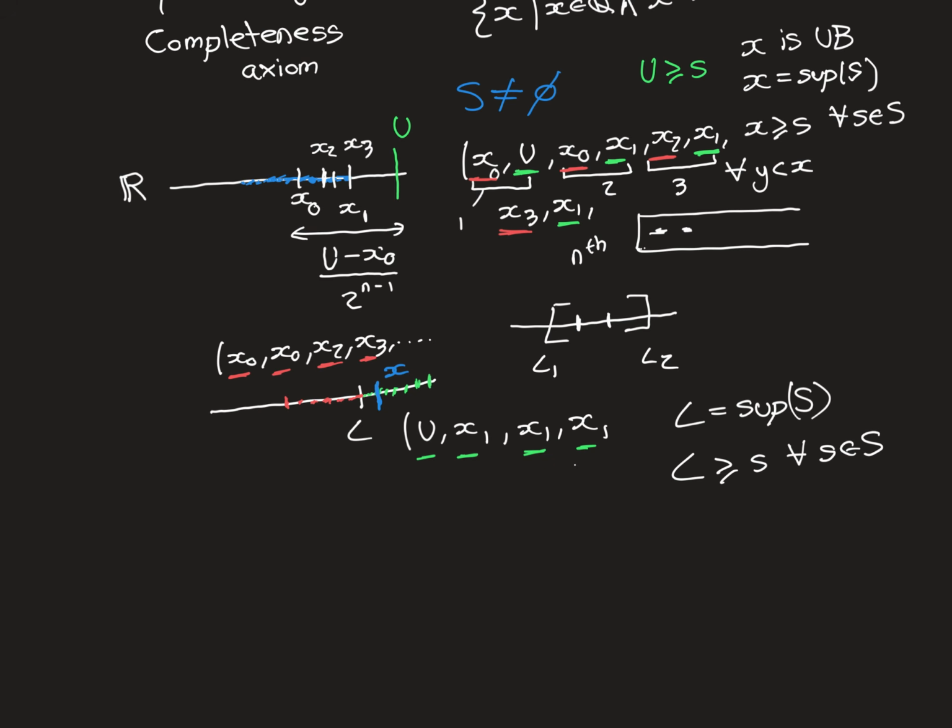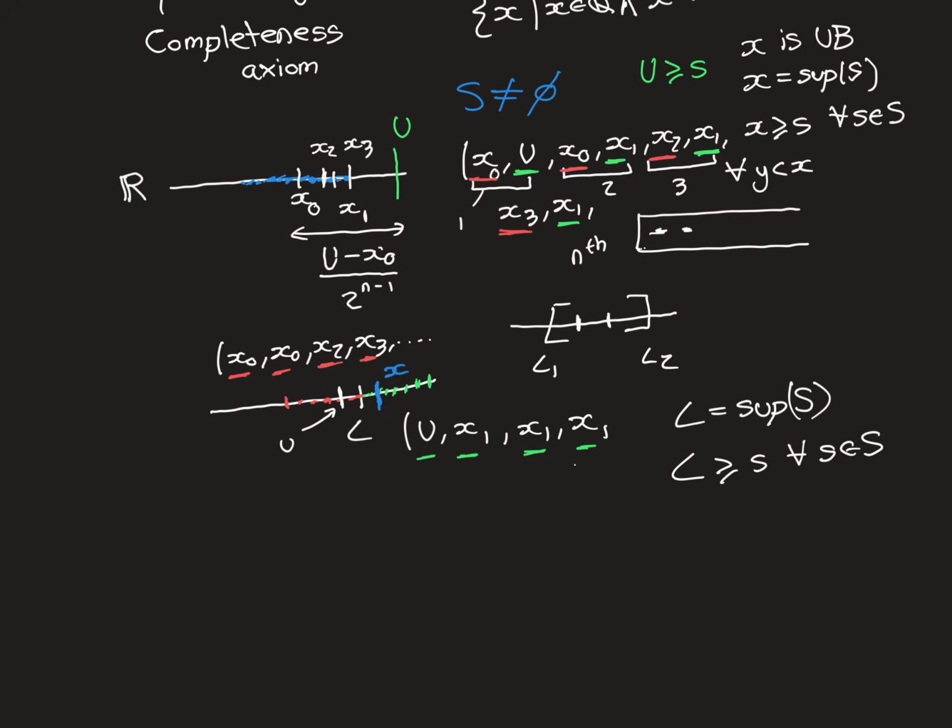And now I'm going to show that it must be the least upper bound, and we're going to show that by using the red sequence here, again by contradiction. So if it's not the least upper bound, then there would exist another upper bound that is strictly lower than it. So we'll call that, what can we call that? Let's call it, oh, come on, this isn't that difficult. u, we'll call it for upper bound, not to be confused with the other U that we've got. That was big U, this is little u. So suppose little u exists that is an upper bound for our set in blue here,